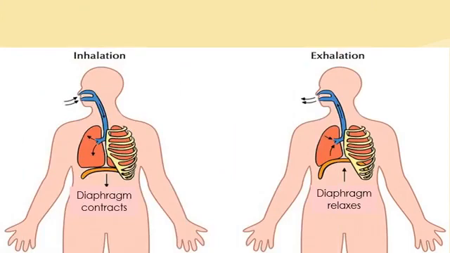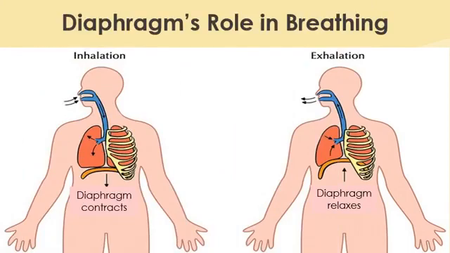So, let's go now to the diaphragm's role in breathing. Again, let's read. Diaphragm's role in breathing. In inhalation, when the diaphragm contracts, the chest cavity enlarges, reducing the pressure inside. To equalize the pressure, air rushes into the lungs. While in exhalation, when the diaphragm relaxes, the elasticity of the lungs and the chest wall pushes air out of